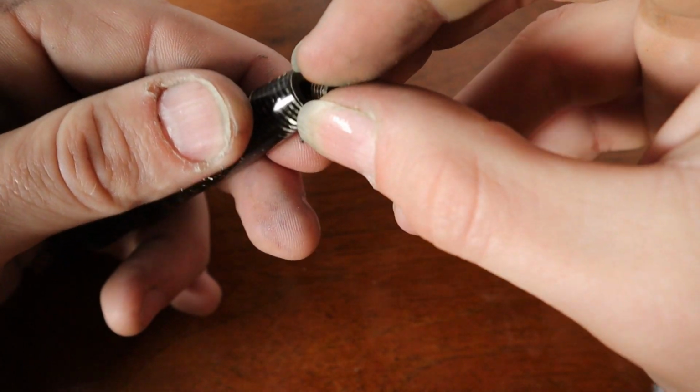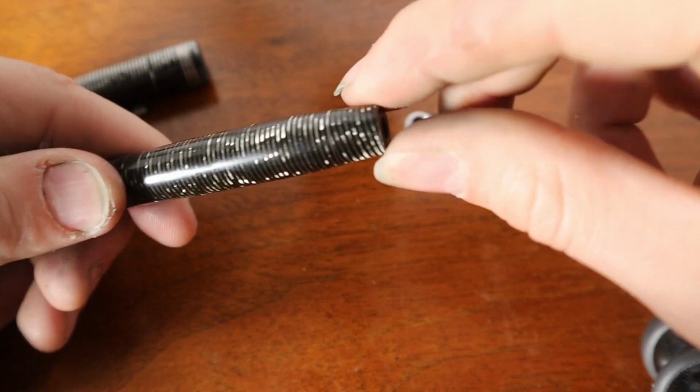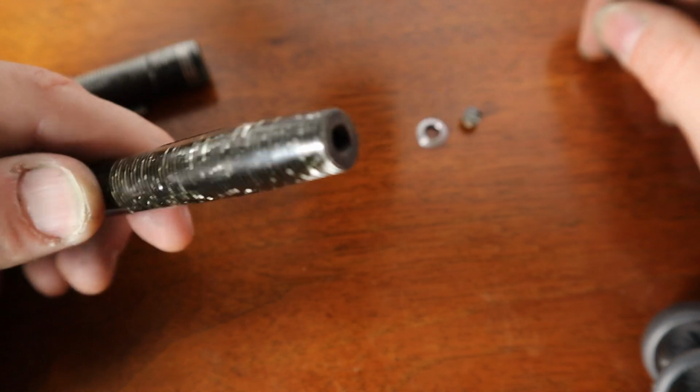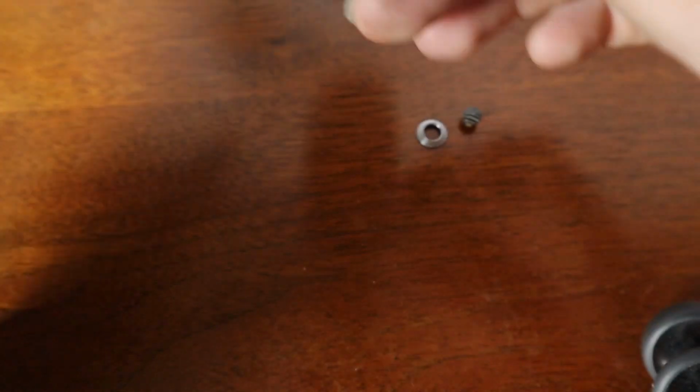I think I point because sometimes you have to use a little bit of heat, and it looks like I was successful. Yeah, got the tassie and the jewel off. So that'll let me just do my sanding and polishing without having to worry about messing up that nickel